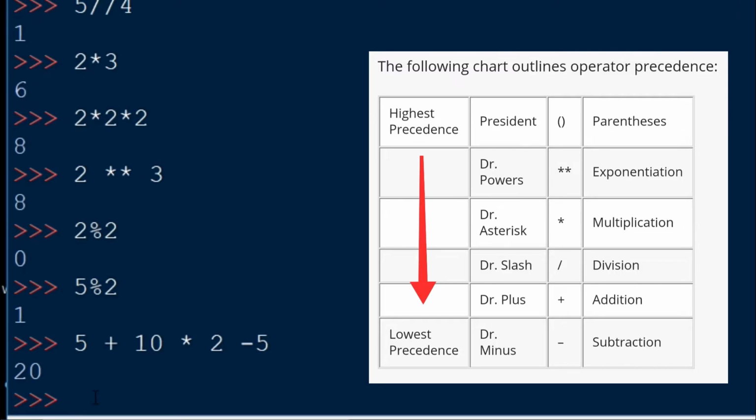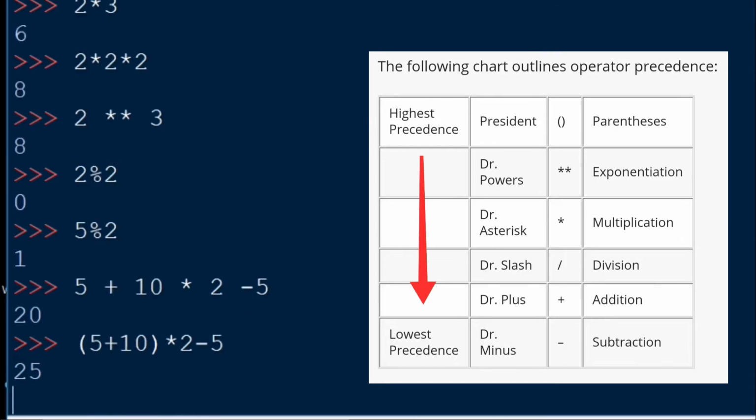Let us suppose we want to add first, then what do we have to do? For that we have to take parentheses, and inside the parentheses we have to take 5 plus 10. So it will add first because parentheses have higher precedence than multiplication. So it first adds, then after that multiplies, and then subtracts. Okay,